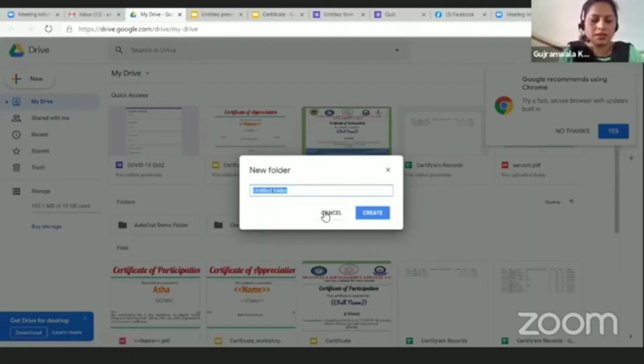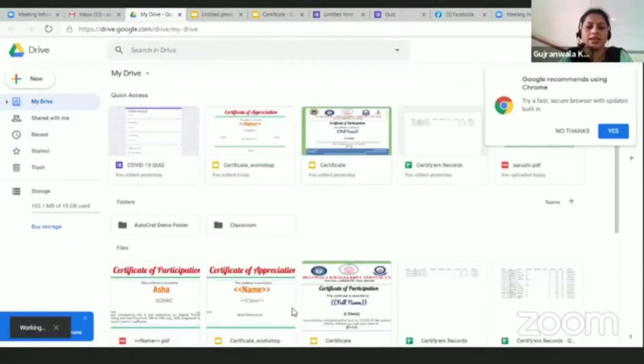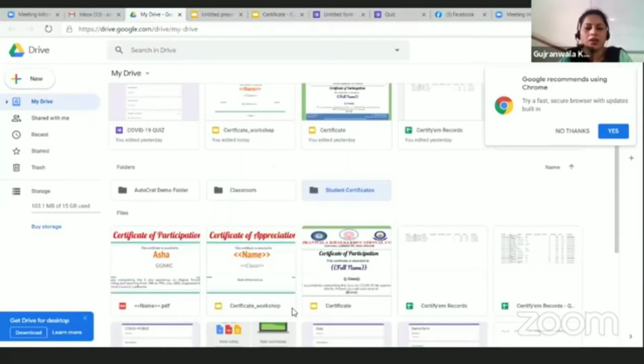Folder name is weekend student certificates. Okay, I have created this folder. So it was very easy. Single step. Go to Google Drive, create a certificate folder. We have done this. Now let's go to the second step.